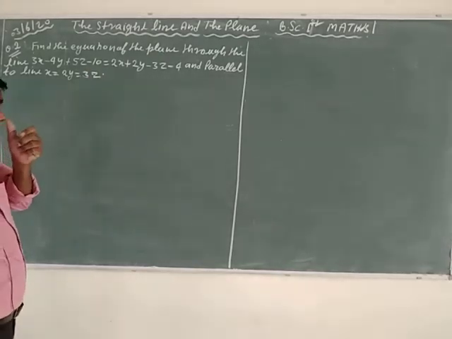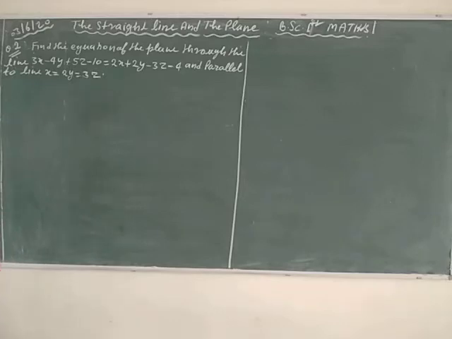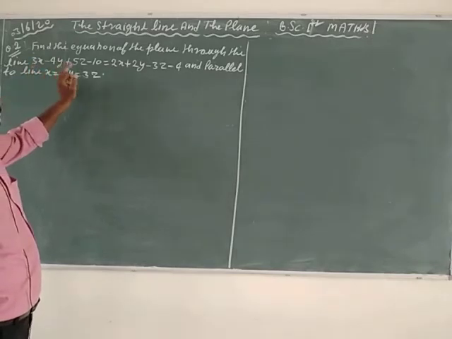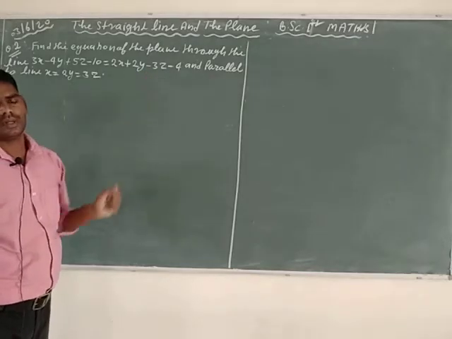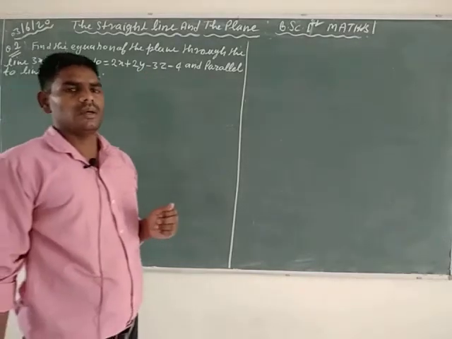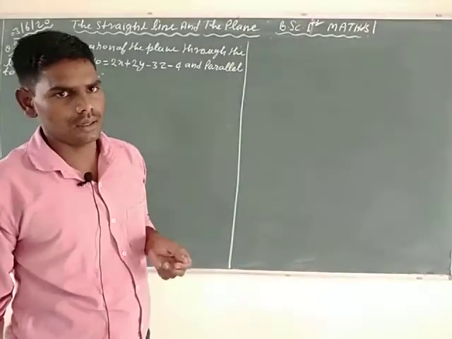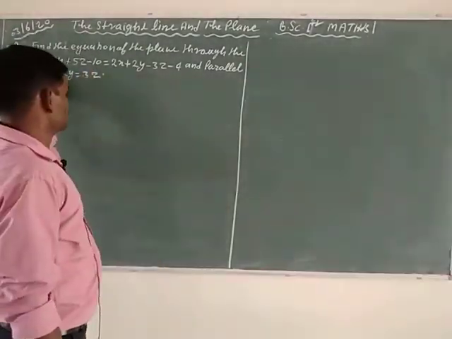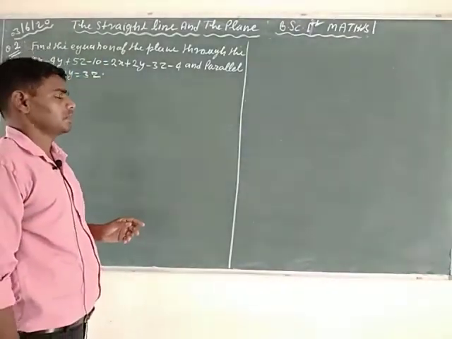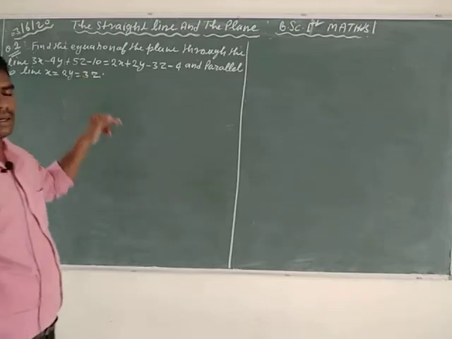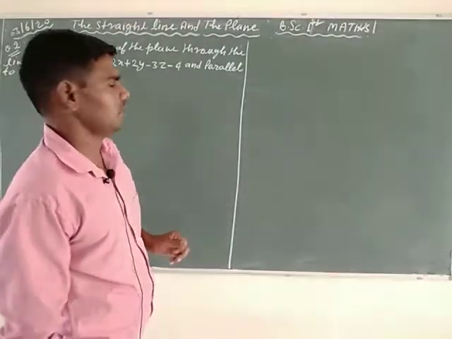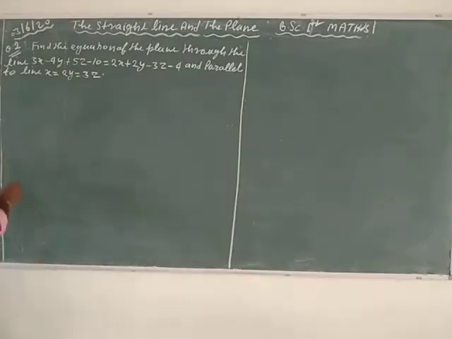In this question, question second, find the equation of the plane through the line 3x minus 4y plus 5z minus 10 is equal to 2x plus 2y minus 3z minus 4. The aim is to find the plane which passes through the intersecting line, whose equation is in this general form, and the plane is also parallel to the given second line x is equal to 2y is equal to 3z, which is in the symmetrical form of the equation of a line. So in the solution,